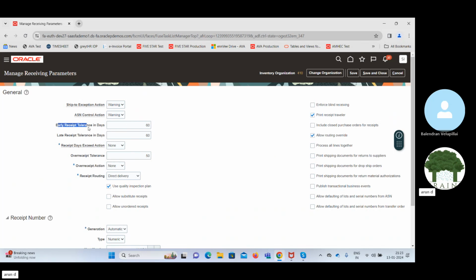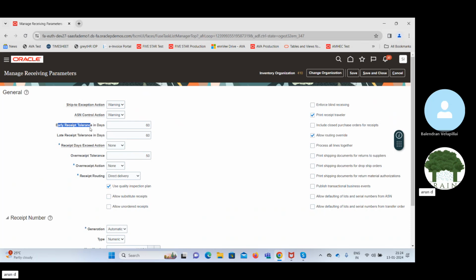And then there are the early receipts and the late receipts. Early receipts is the scenario where I have derived my forecasting for item movement based on the square feet or area I have in the inventory location. If I have, let's say, 1,000 square feet, I have to consider my previous transactions or the items previously stored in this place, and accordingly I plan. Now if I get this item early, I might not be able to accommodate it, because I have already planned that till this date I will have this raw material in this location. After this date I will move it to the in-progress subinventory. So now whether I can give this tolerance, which means that if this receipt is received early, so let's